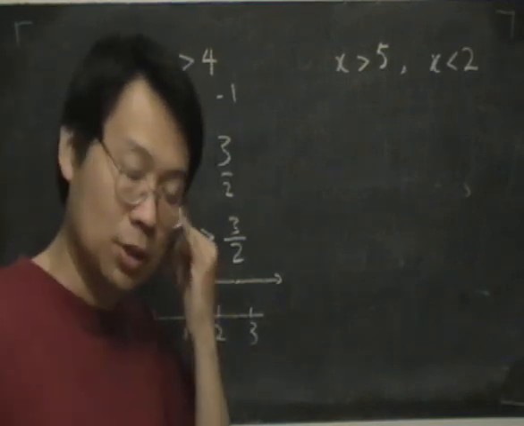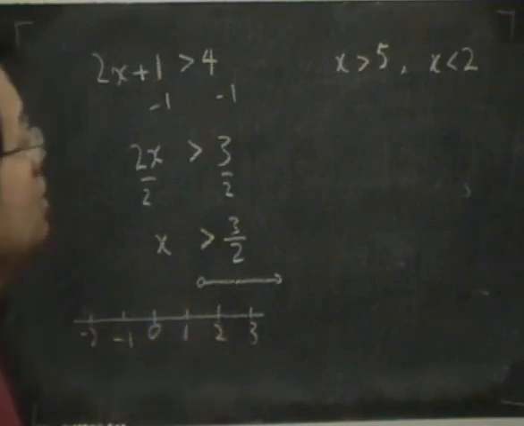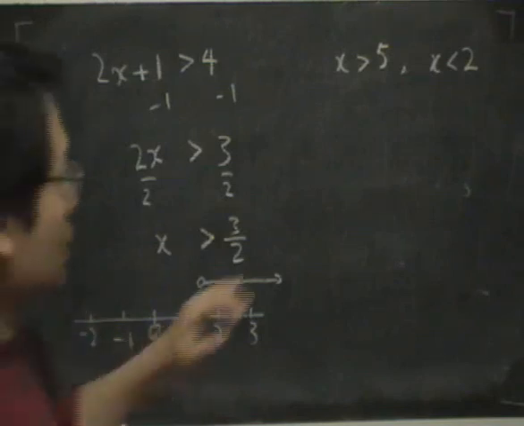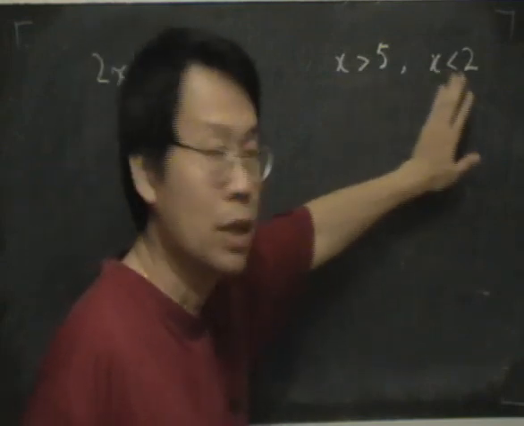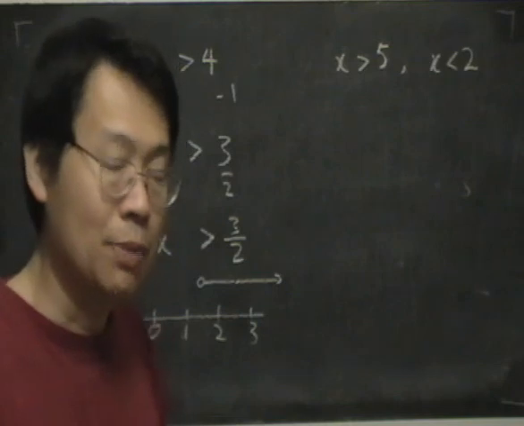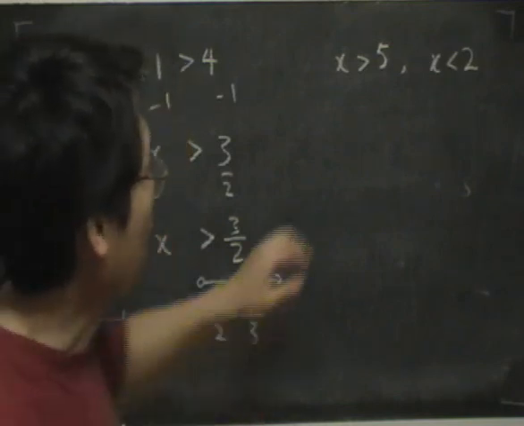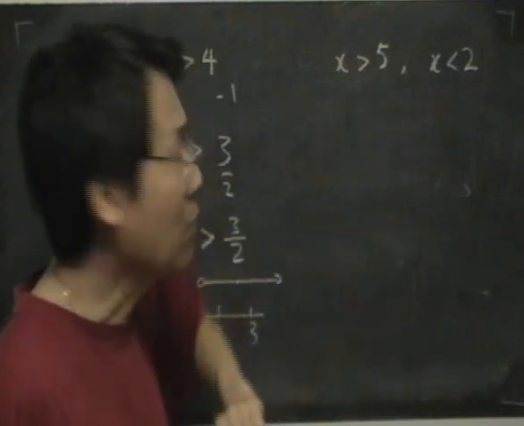I have two inequalities. Now the idea here is that we want both inequalities to be true at the same time. Okay, that means that we want x to be a number that is greater than 5